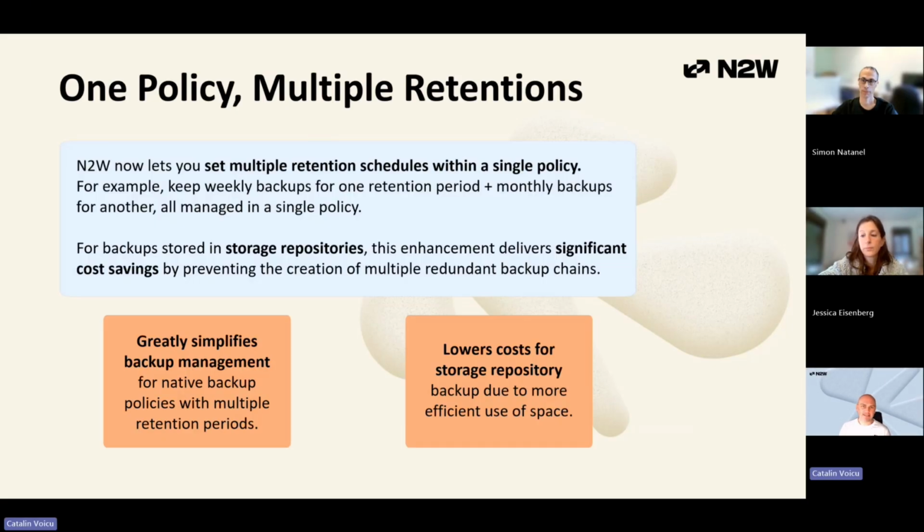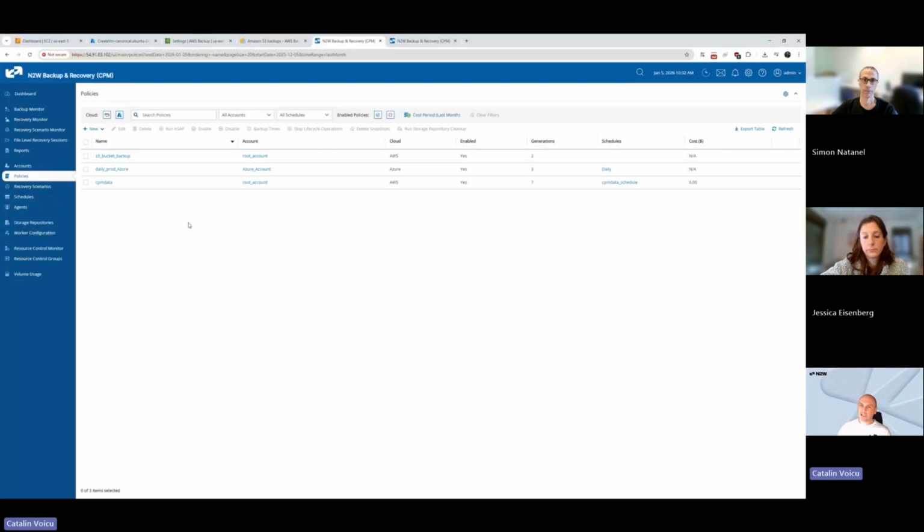For Linux, it's just a snapshot, sure, but that means you would have 5 AMIs at any given point in your account, which you don't want because you pay 5 times for that amount, right? Now, what we did here is we changed that logic a little bit. You are still able to do the old way if you want to, of course. So we're not forcing anyone into the new way, but this delivers, like I said, significant cost savings by having just one single policy, which I will show you right now in the UI,